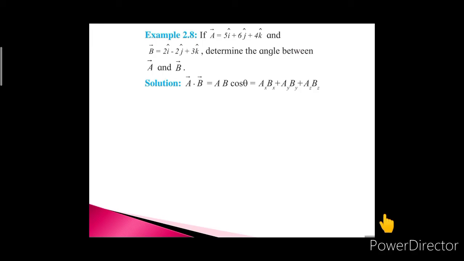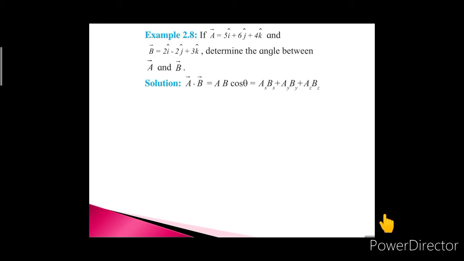A is the magnitude of vector A, B is the magnitude of vector B, and theta is the angle between vector A and vector B. We know that the dot product of the two vectors can be expressed in terms of the components along x, y and z axis. So vector A dot vector B is to be written as AxBx plus AyBy plus AzBz,